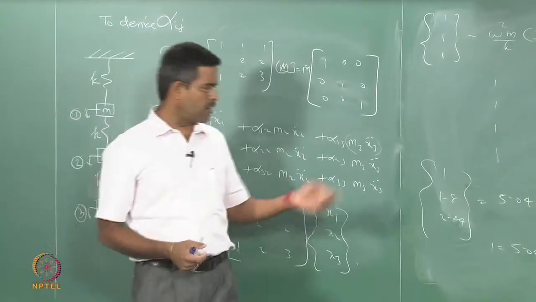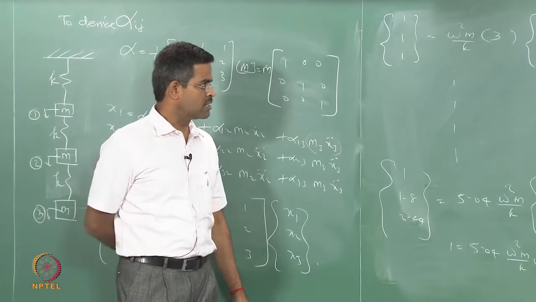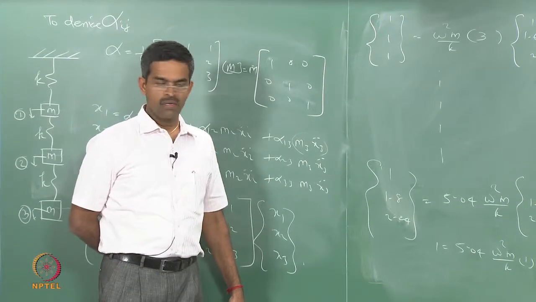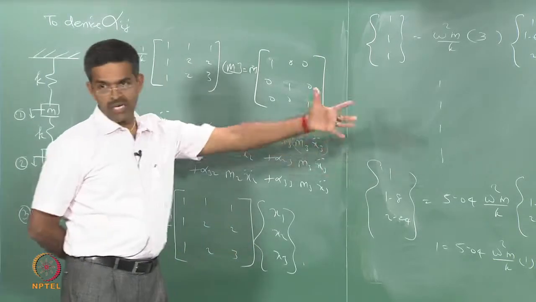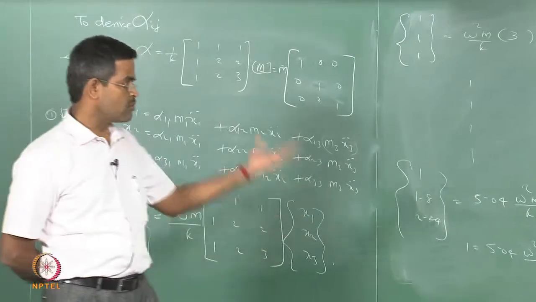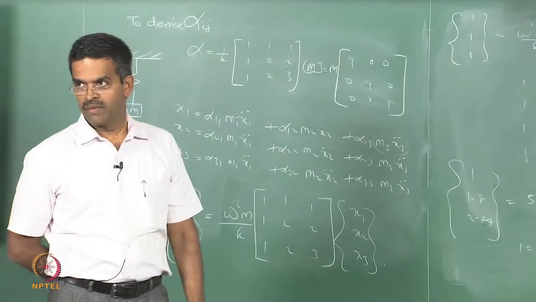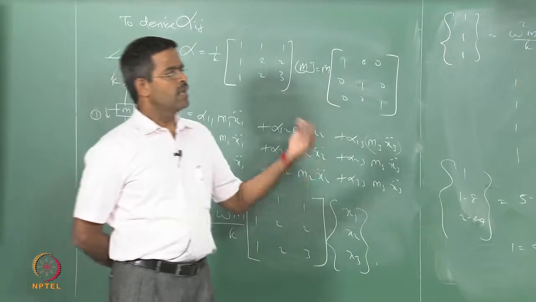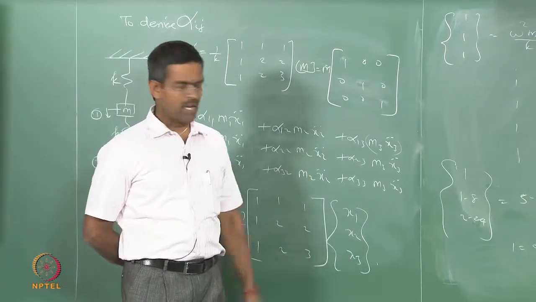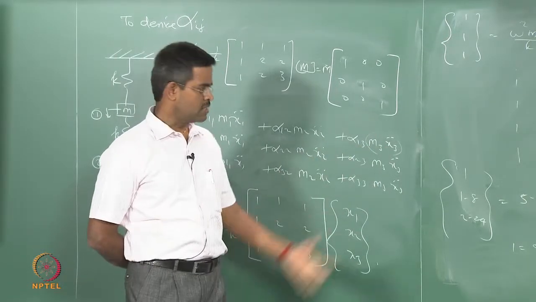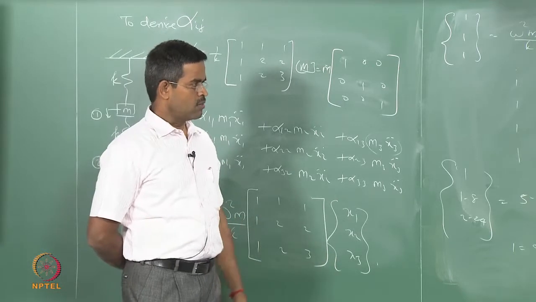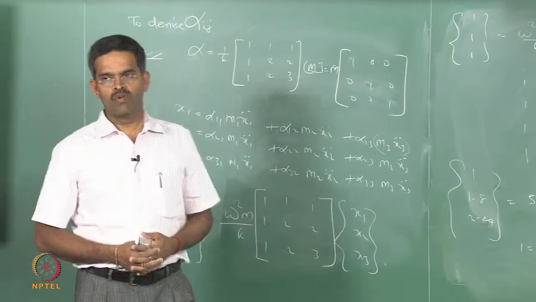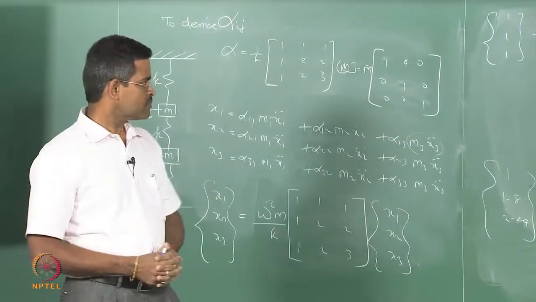We have got 3 methods now, and I will discuss 2 more methods subsequently in the next classes. So, you will have 5 methods; there are around 7 methods available in the literature, out of which we have spoken about 5. I already gave you the eigensolver also, if you include that as a method, we have 4 methods now available on hand to solve any multi-degree of freedom system problem in general. 3 and the classical eigensolver, 4 methods we have, and I will have 2 more methods, Rayleigh-Ritz and Holzer. So, around 6 to 7 methods are available on hand, you can use any one of them to find out omega and phi.